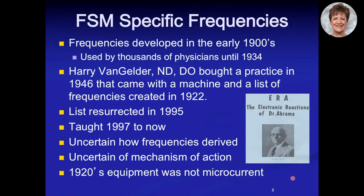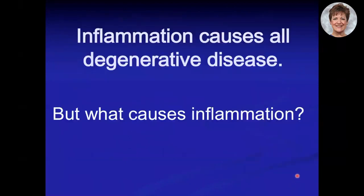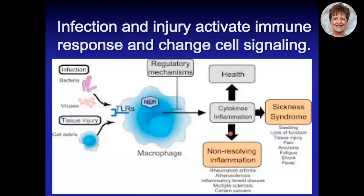But how do they work? So what we know in medicine is that inflammation causes all degenerative disease. But on the other hand, what causes inflammation? So infection and injury activate the immune response and change cell signaling. So when you have an infection from a bacteria or a virus, or you have a tissue injury, you cut yourself, you bruise yourself, you break your leg, whatever,